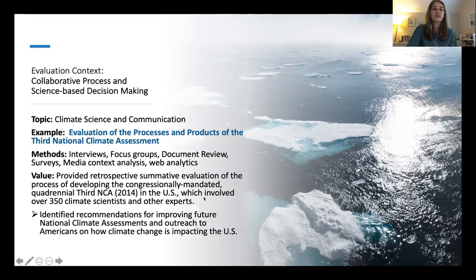The NCAs previous to the third NCA were done differently and were more piecemeal. And this third NCA was the most broad scale, large process and report. It's over 1,000 pages online. And of course, now there's been a fourth, and they're gearing up for a fifth at this point. And so there was a lot of learning to be had. It didn't go perfectly, but in the end, it went amazingly well and produced a really high quality product.